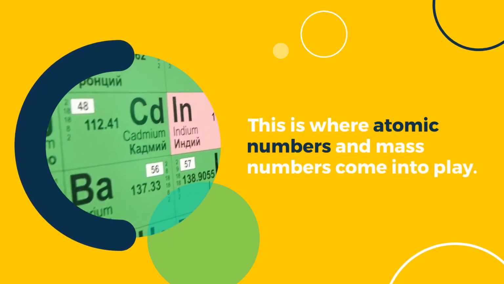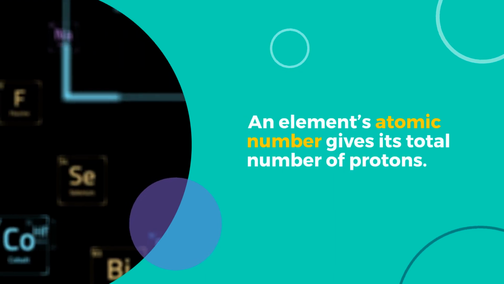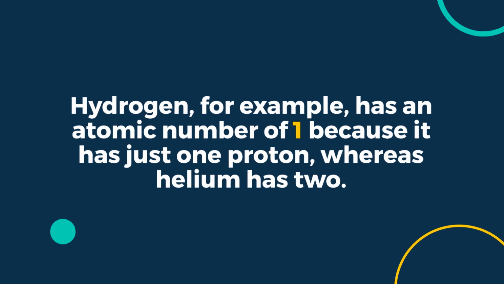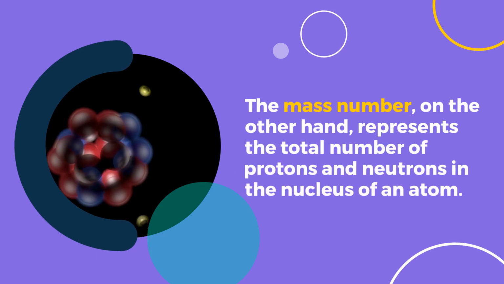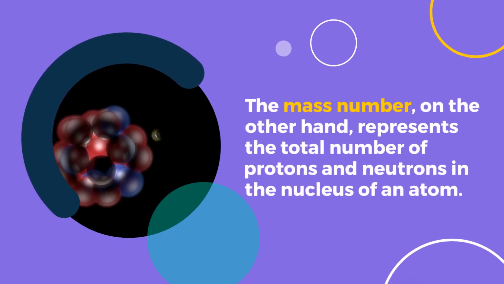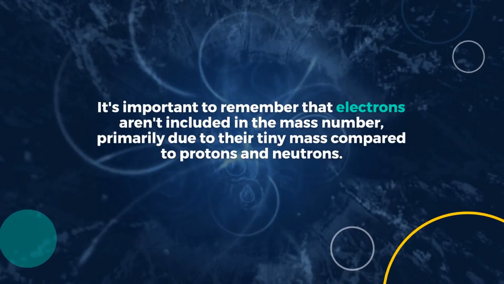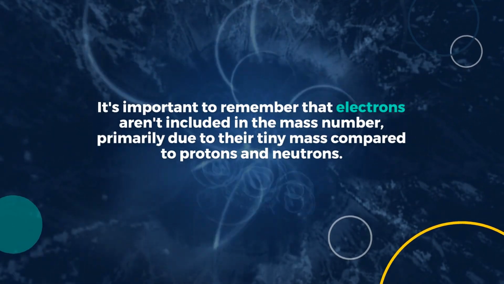This is where atomic numbers and mass numbers come into play. An element's atomic number gives its total number of protons. Hydrogen, for example, has an atomic number of 1 because it has just one proton, whereas helium has 2. The mass number, on the other hand, represents the total number of protons and neutrons in the nucleus of an atom. It's important to remember that electrons aren't included in the mass number, primarily due to their tiny mass compared